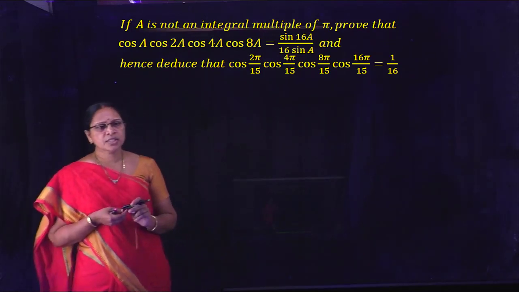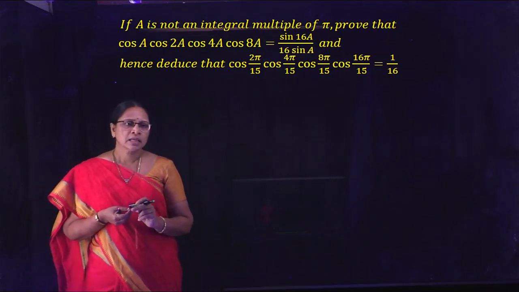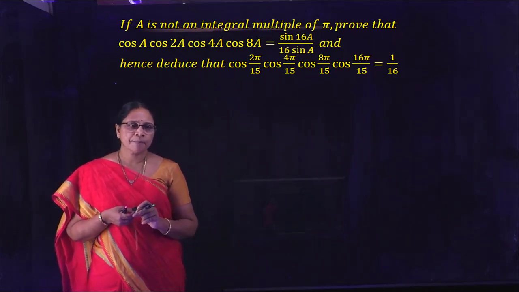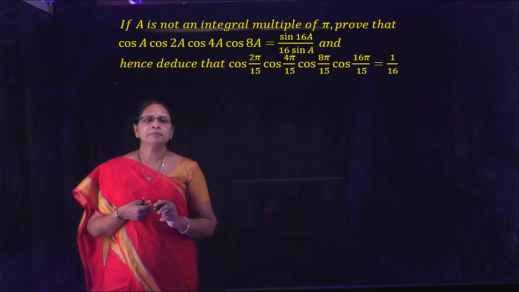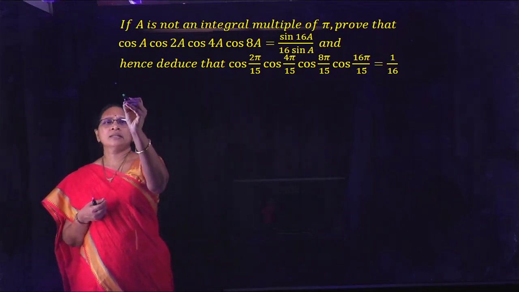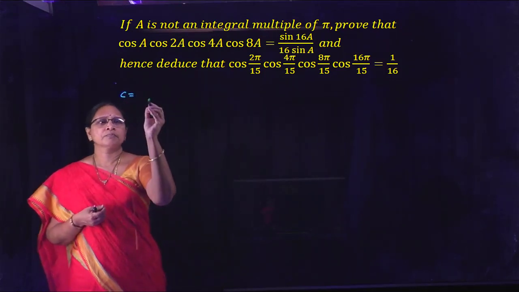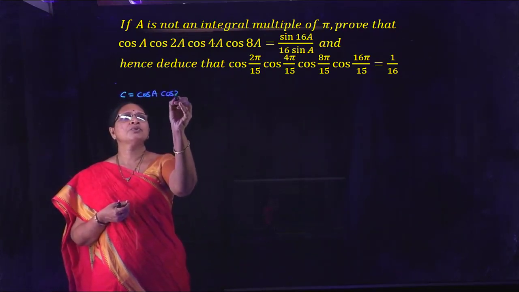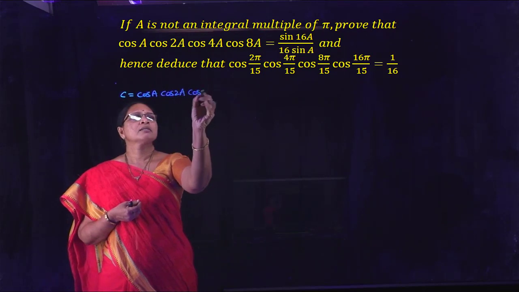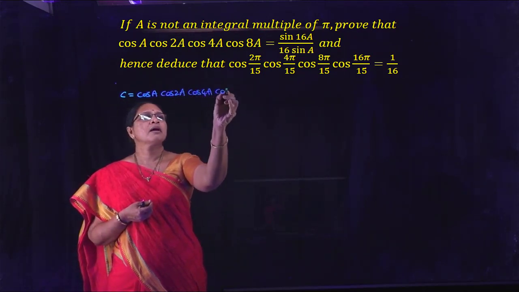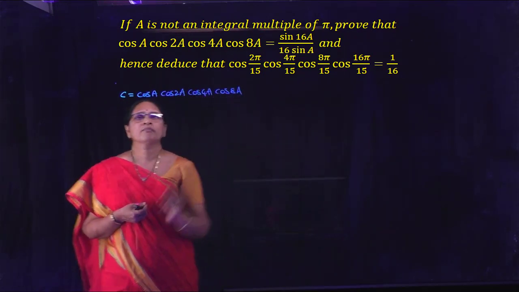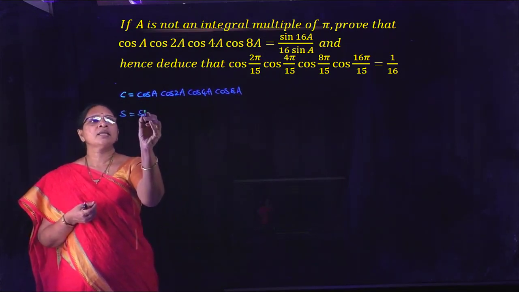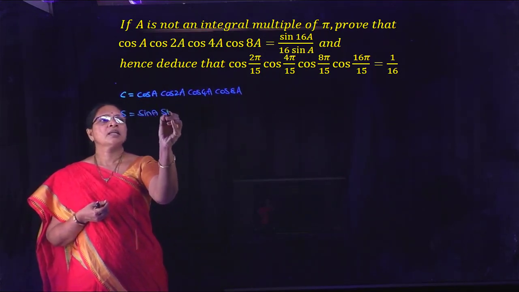Here in the first result, the angles A, 2A, 4A, 8A are in GP. According to this problem, let us take C is equal to cos A, cos 2A, cos 4A, cos 8A, and take S is equal to sin A, sin 2A,